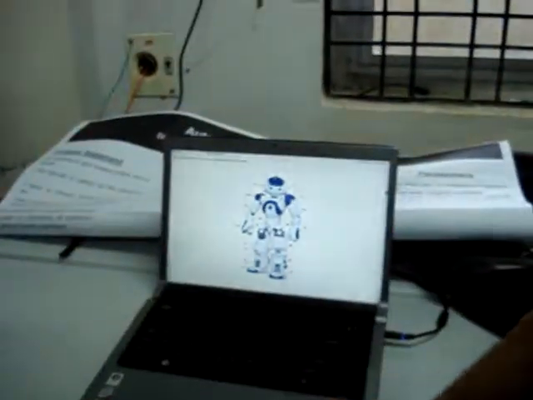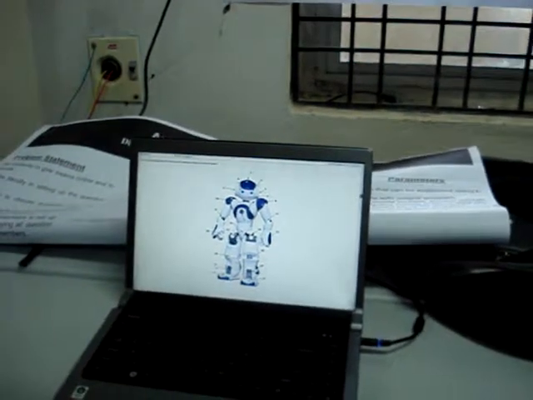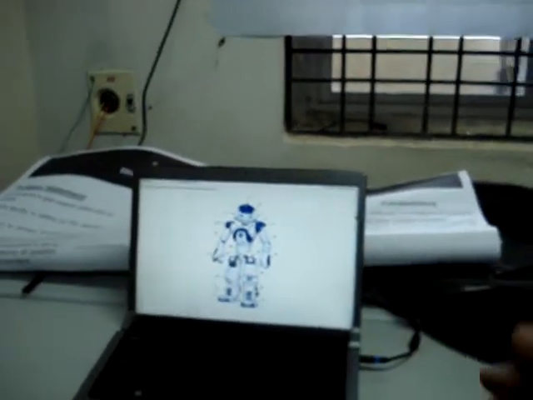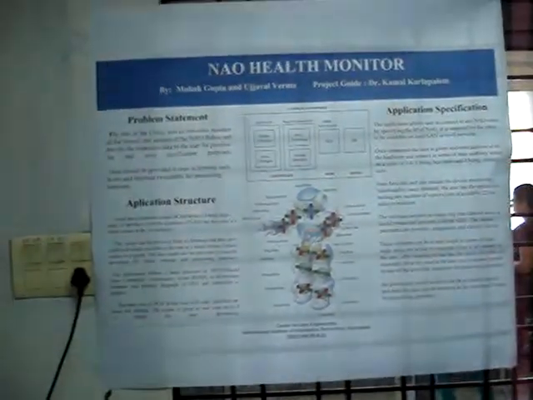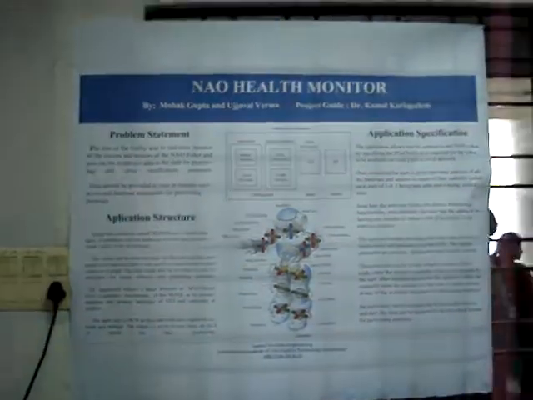It is a medium-sized, about a foot tall humanoid robot. This robot has 22 motors in it, which provide 22 degrees of freedom in all. As such, it is able to simulate human motion very well. The application is basically designed to be used during an event known as RoboCup.